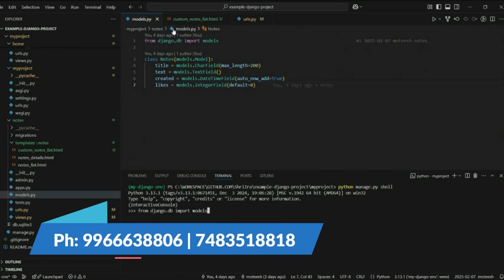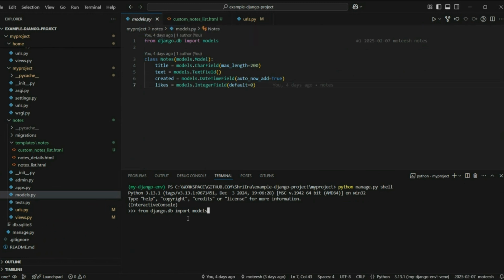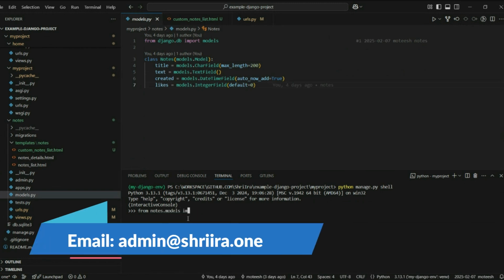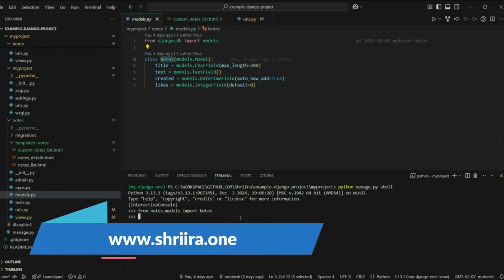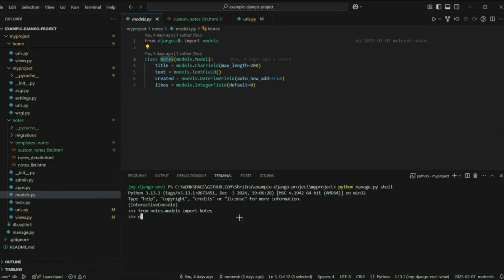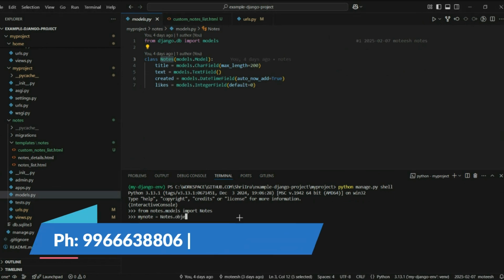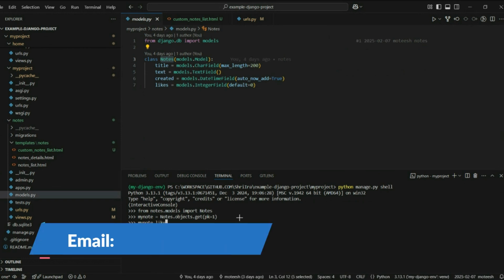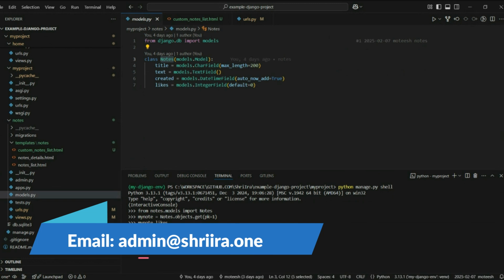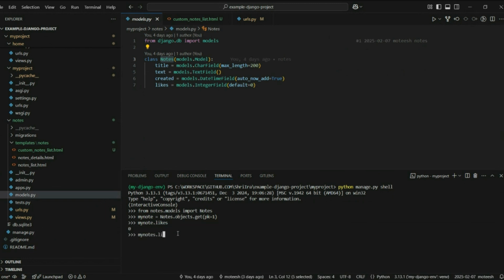Actually, we need to use these models, not DB models, from nodes.models, import nodes. This is what we need. Let's go get the first node, my node: nodes.objects, get by primary key 1. It's just my node dot likes. Currently likes is 0. I'm going to update this likes to